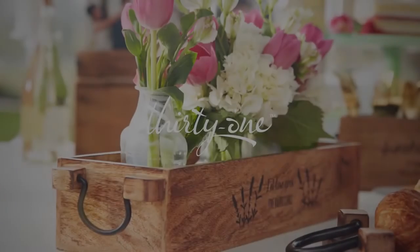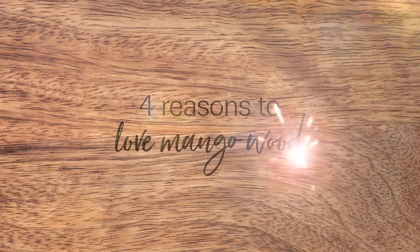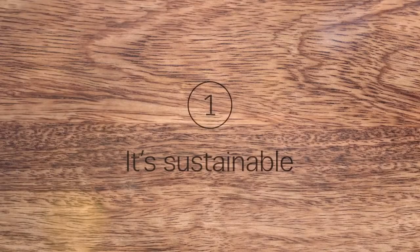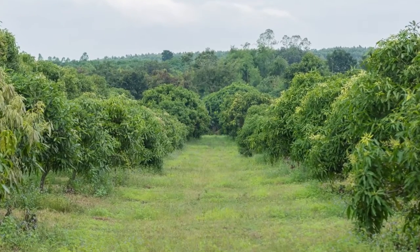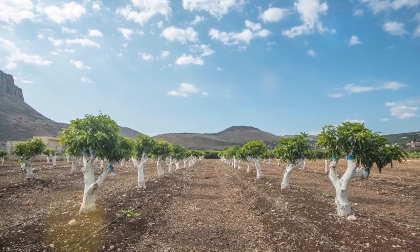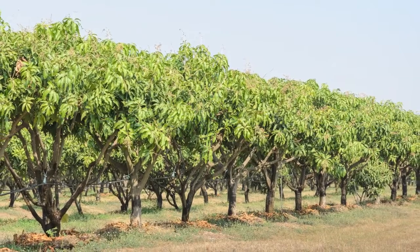Our close-to-home wood products are beautiful, but there's more to the story. Here are the 4 reasons to love mango wood. Mango wood is a natural byproduct of the mango fruit industry, so the trees are plentiful. And because a single tree can grow to full height in just 15 to 20 years, forests can be replenished